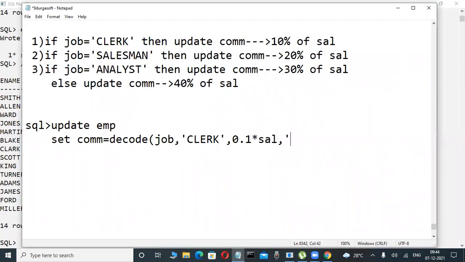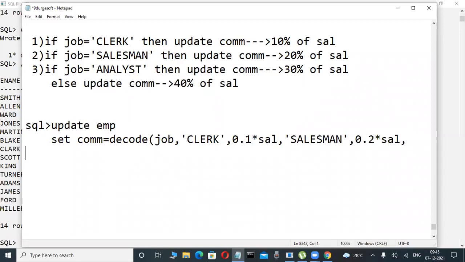Here again, salesman. Okay, fine. If job is equal to salesman, then one thing we are writing and all the things are very easy. But first time only it is difficult. Now here 0.2 into salary, so commission. Yes, here again, another one is what?